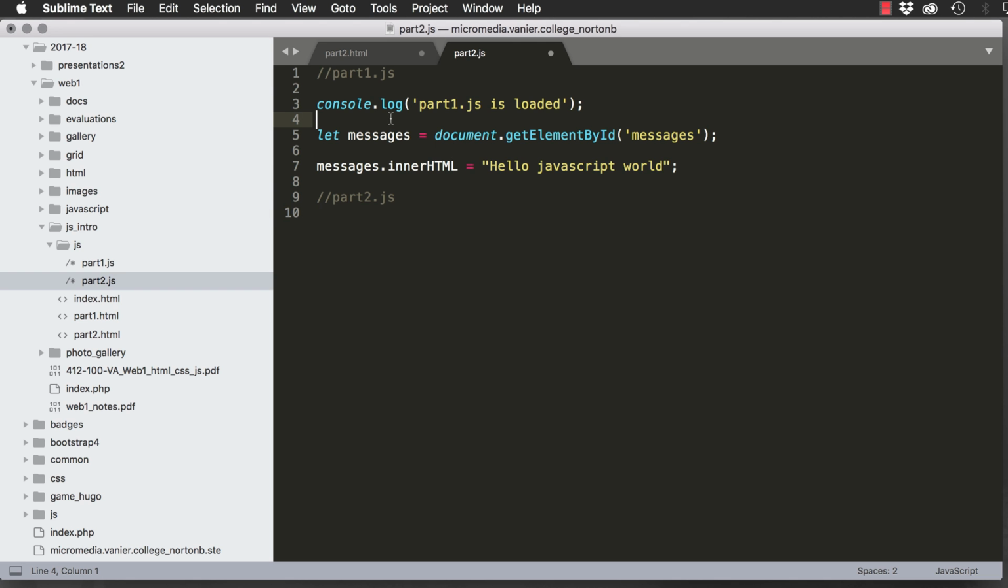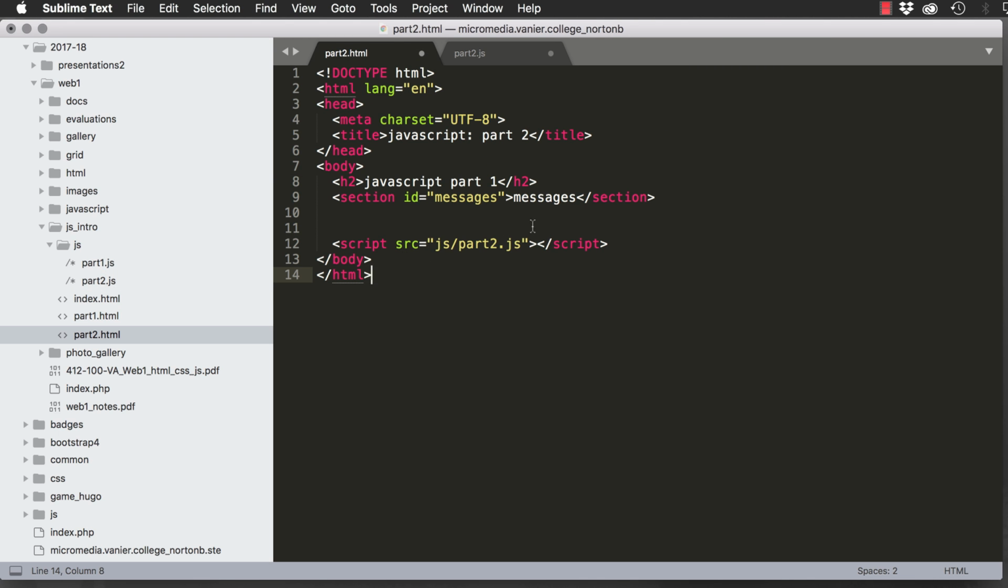So in part 1, we did console log, and we selected elements using getElementById, and we did innerHTML to change the HTML inside of a tag, or inside of an element. So in part 2, I'll